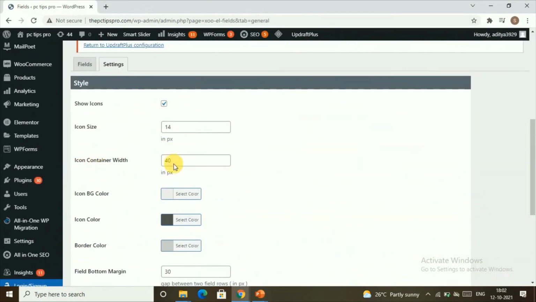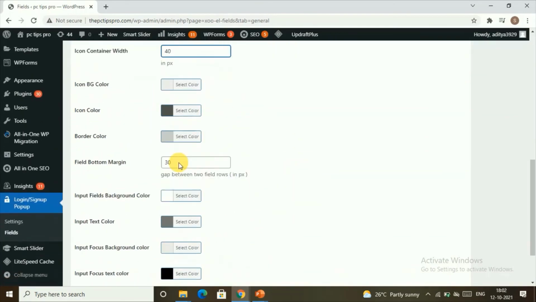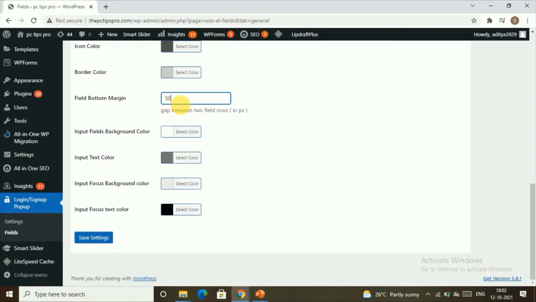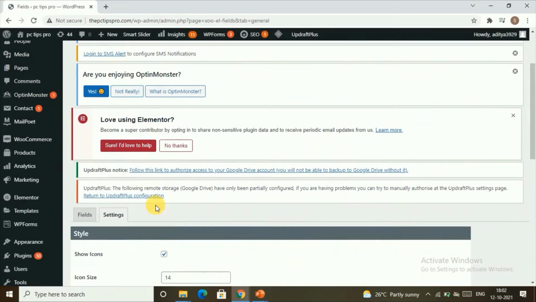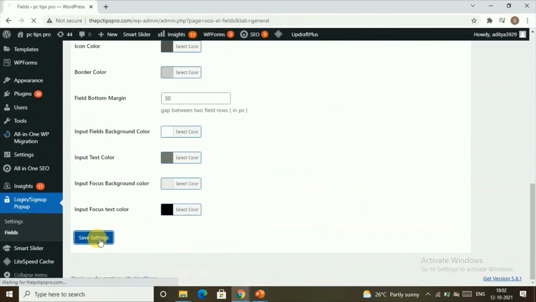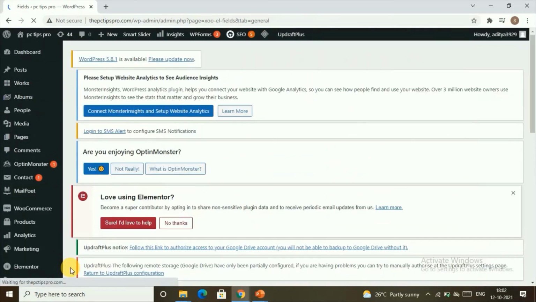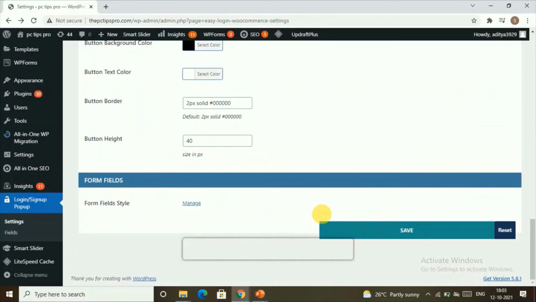You do have another set of customizable options here, like your icon size, icon container width, border, field bottom margin, and many others. Once you're done with this, you can just click on Save changes, and once you're done with these settings also, you can click on Save changes, and here too you can save the settings that you have done. Now your settings are saved.